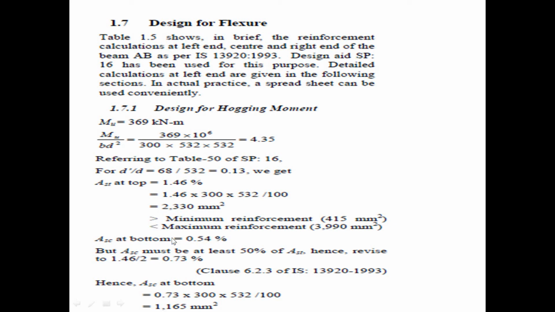Then directly you can put the value and calculate the ASC reinforcement. At the top you will get the tension reinforcement, and at the bottom you will get the compression reinforcement, because we are designing the beam for the hogging bending moment. Always remember, at the support the hogging moment will be formed, and whenever the hogging moment comes, the beam will be designed with tension reinforcement at the top, whereas the compression reinforcement at the bottom. Based on these criteria we can design our beam.